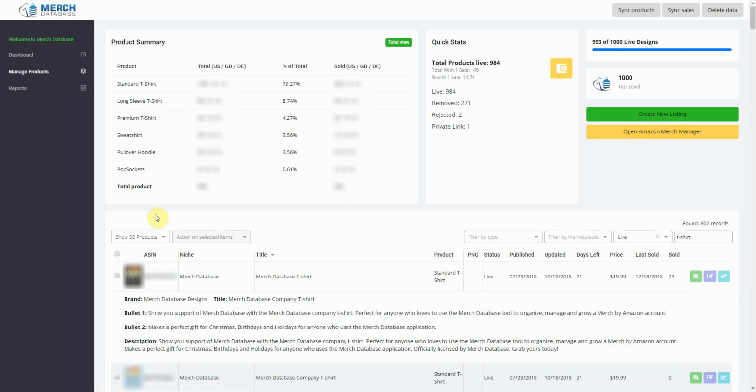As we continue on to the bottom half of the Manage Products page here, you will see that this is really where more of the heavy lifting happens for your product catalog management within the Merch Database tool. And what we've done is we've given users the ability to sort and organize listings from a variety of different variables. So just to get into that briefly, as we go across this top row within this Manage Products interface,